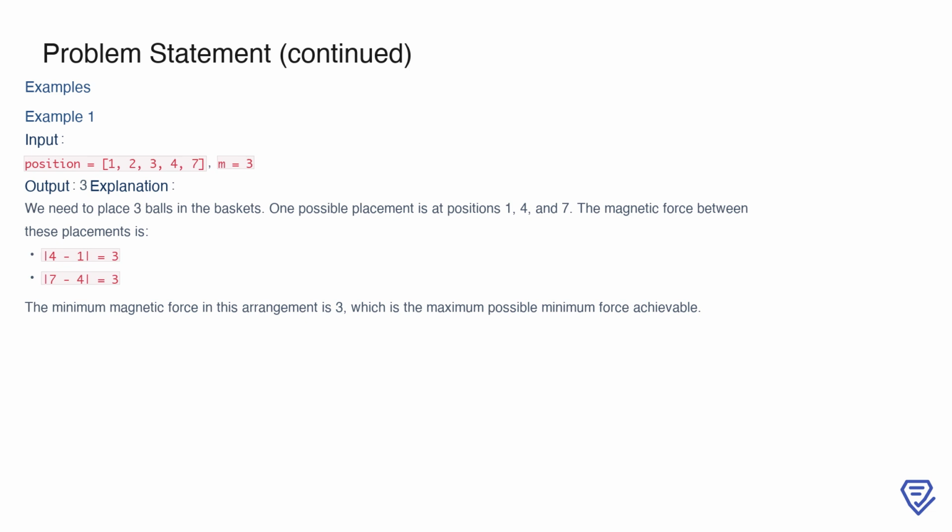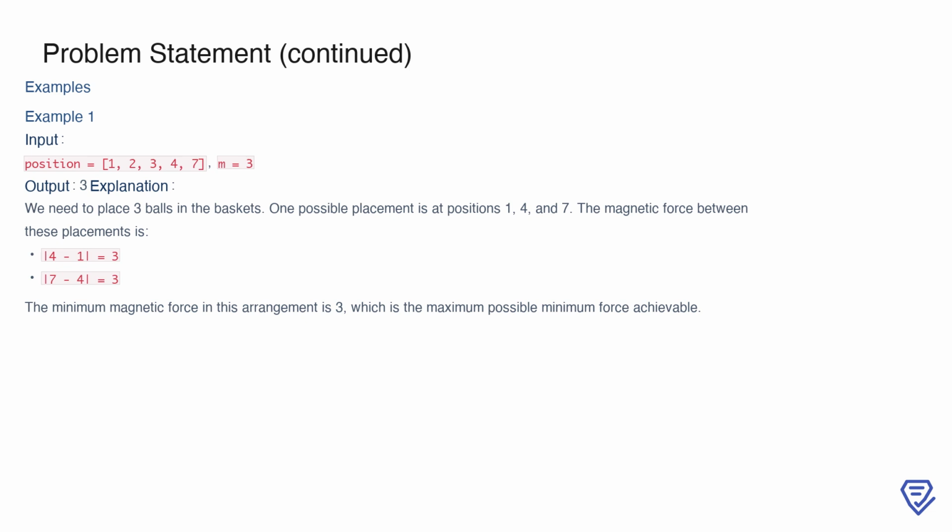The minimum magnetic force in this configuration is 3, and it turns out that this is the largest possible minimum force you can achieve with 3 balls. Therefore, the output for this example is 3. This demonstrates how the placement of balls directly impacts the magnetic force between them, and our goal is to maximize